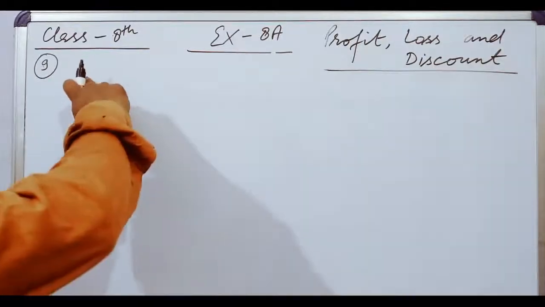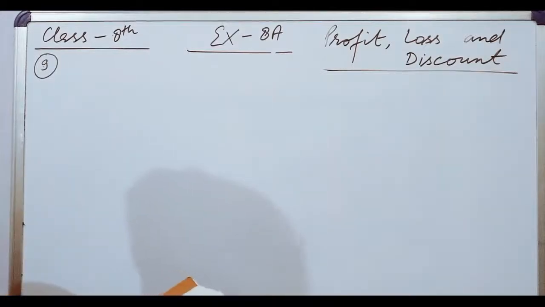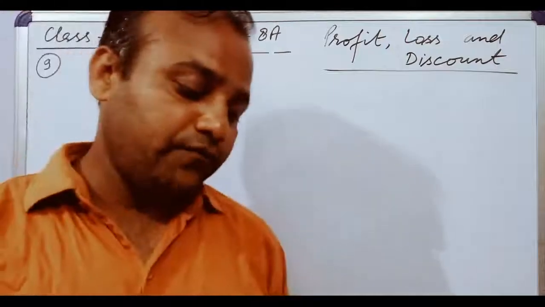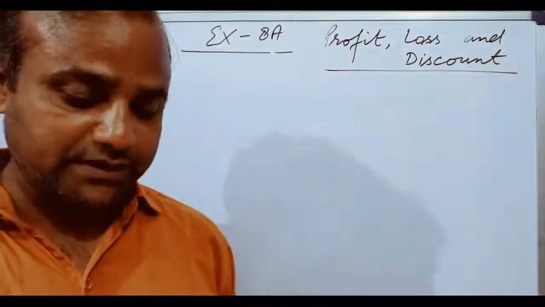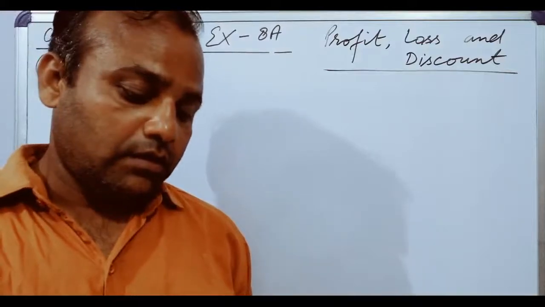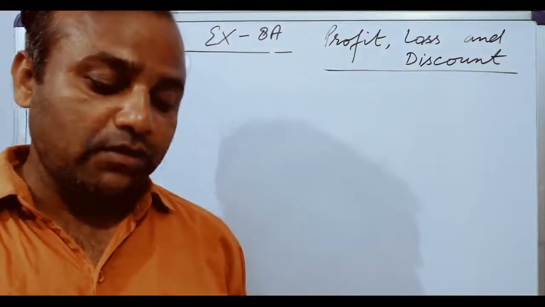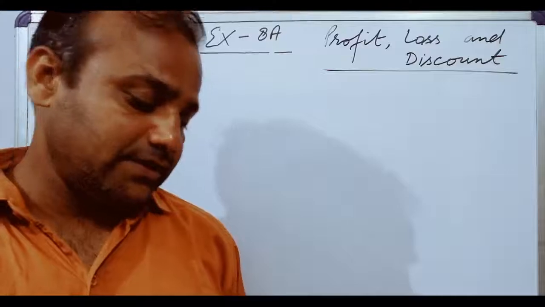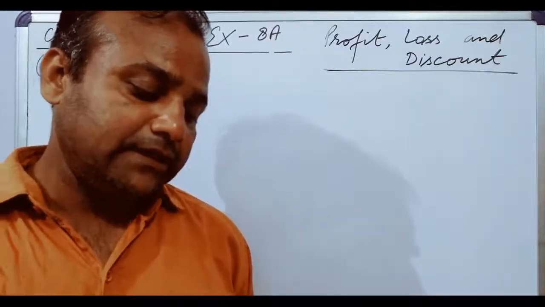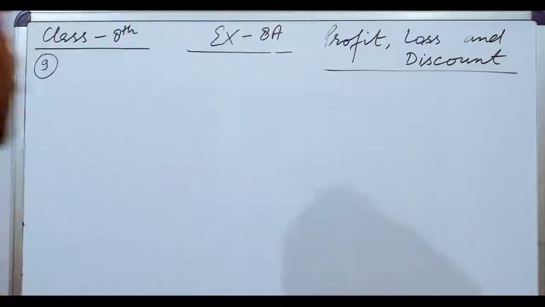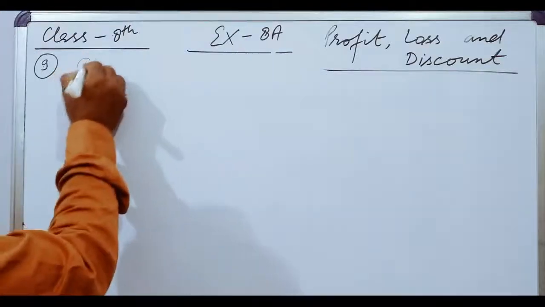Question number 9. A trader sells 2 cycles at 1188 each, gaining 10% on the first cycle and losing 10% on the second cycle. What is the profit or loss percent in the whole transaction? So for the first cycle,